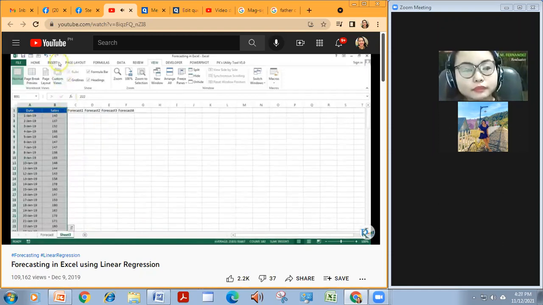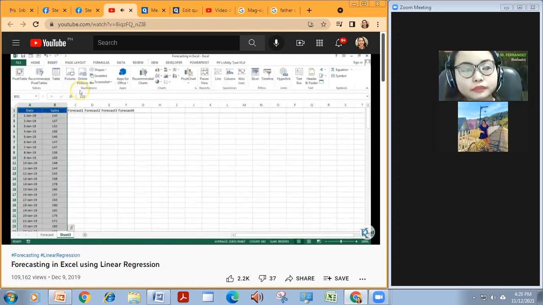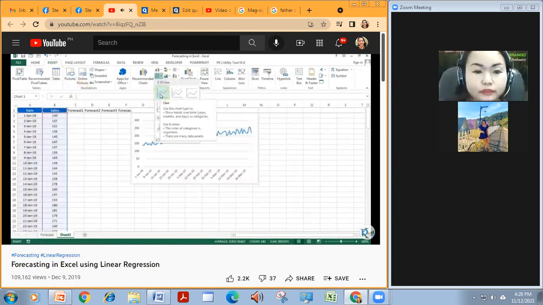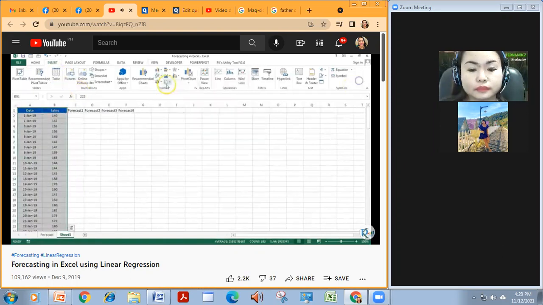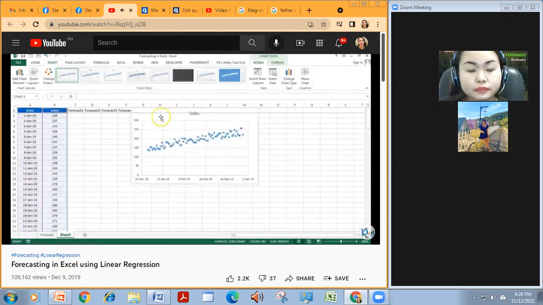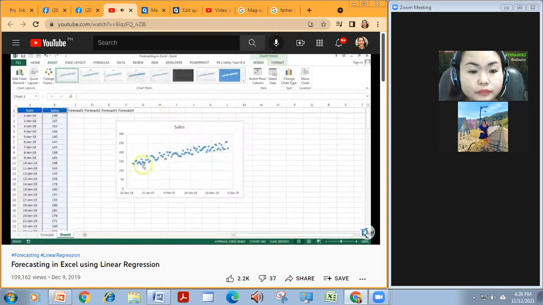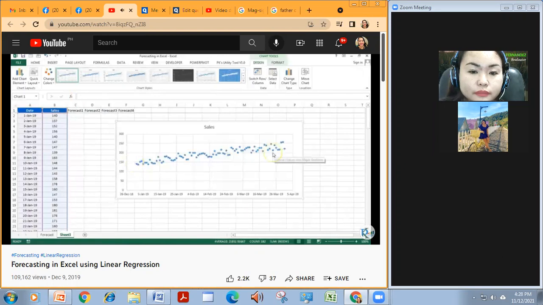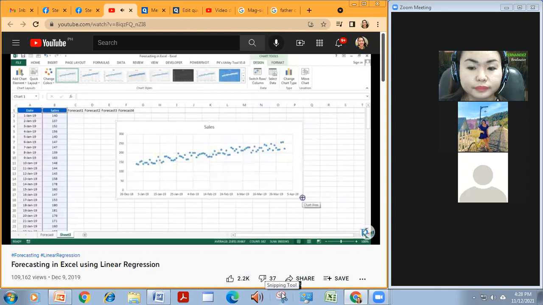Now what I will do, first of all, I will plot my actual data on a line chart or on a scatter chart. You can go to the insert and you can insert a line chart or you can insert a scatter chart also. Now you can see our data points on the chart. All the data is in a proper trend. We don't have any outlier in our data because all the dots are coming in proper trend and there is no dot outside the pattern.